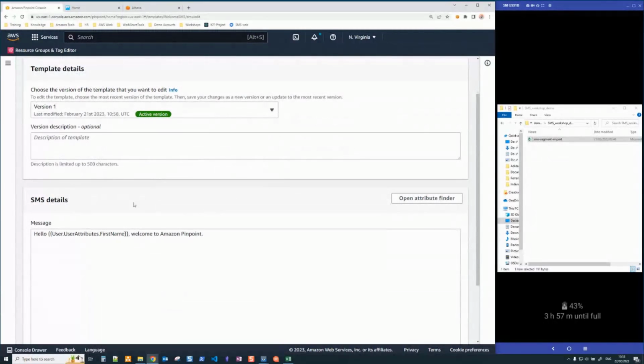We have the name of the template, the version, so you can have multiple versions, only one active at a time. And here it is the message itself. You might notice that it has these double handlebars, and this is where you can specify dynamic values, such as the one we imported a moment ago with our CSV, first name.